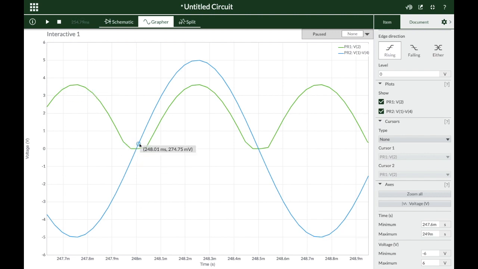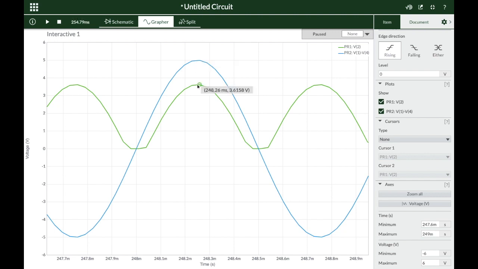The output signal has minimum voltage very close to 0 and maximum coming close to 3.616 volts, which shows us that the input voltage is higher in amplitude compared to the output voltage. The difference in these two is how much? This is close to 5 volts and this is close to 3.6.